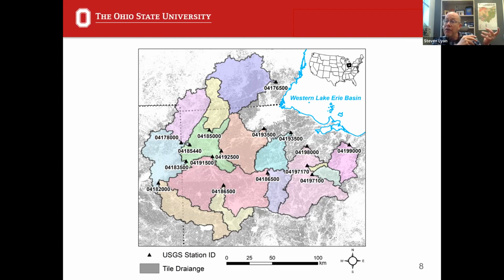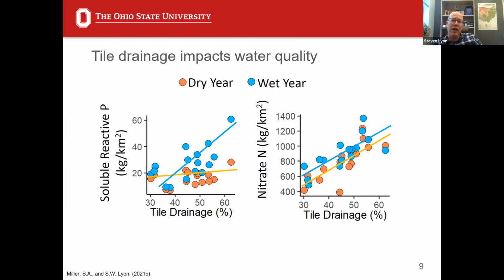And we said, oh, how does that relate? How do these nutrient concentrations or loads relate back to those tile drainage systems? We wanted to look at that over time, so we isolated two main years where we had high quality data across all of those locations. This is primarily a wet year and a dry year response to the nutrient loading across those watersheds.